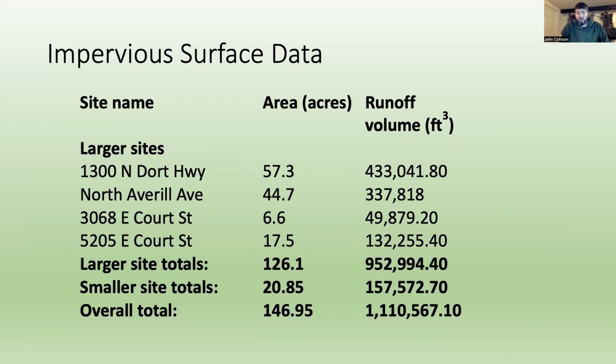So if we get 2 inches of rain within 24 hours, that last site that we talked about, that former cinema, that's 17 and a half acres, would produce a little more than 132,000 cubic feet of